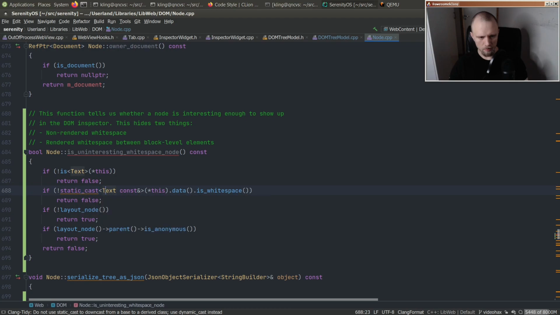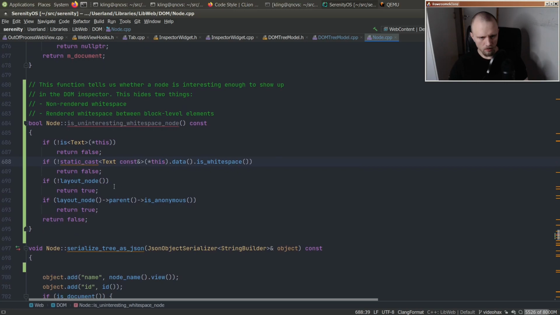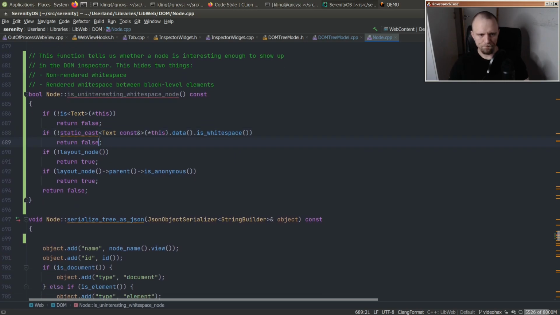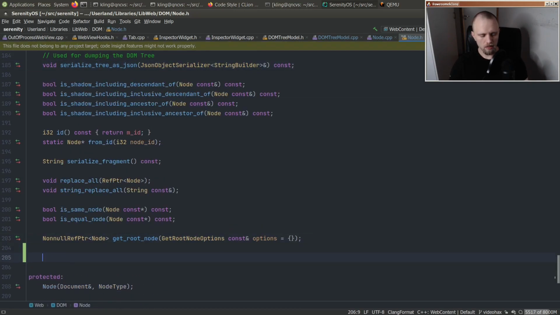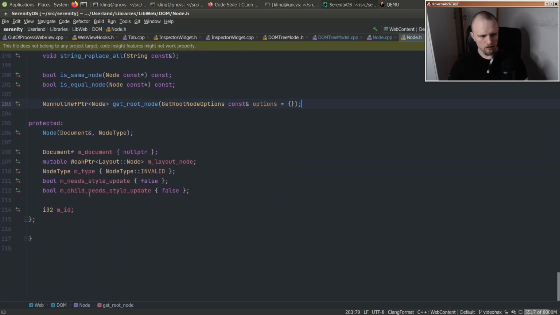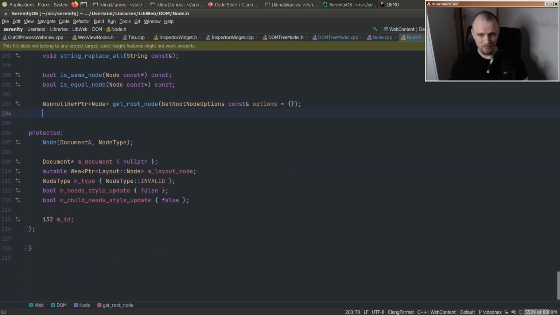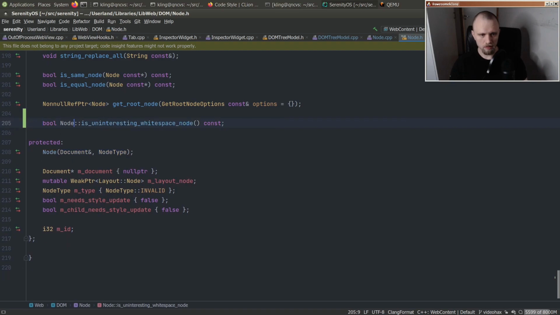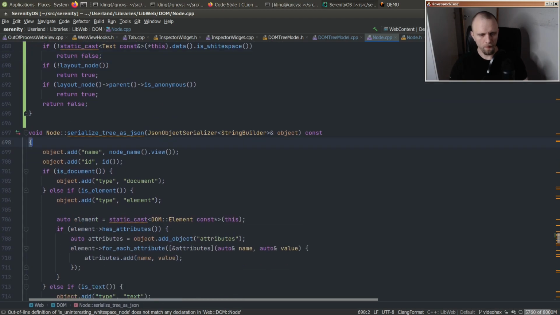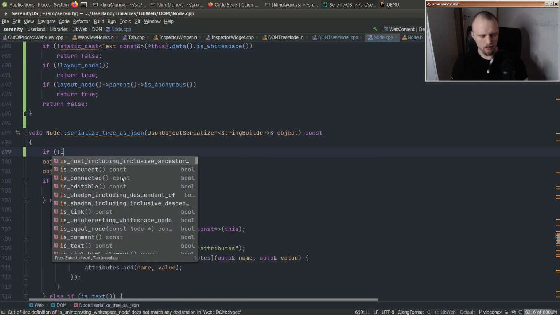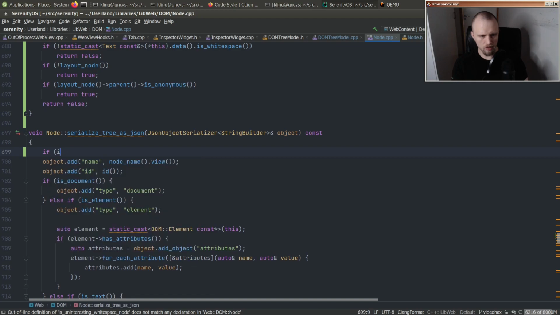Use dynamic cast, but I know that it's a text node. Jeez. Okay, yes, let's put that thing here as a helperino. Actually, yeah, it can be public for now. Actually, that's fine. Okay, so if it's an uninteresting white space node,